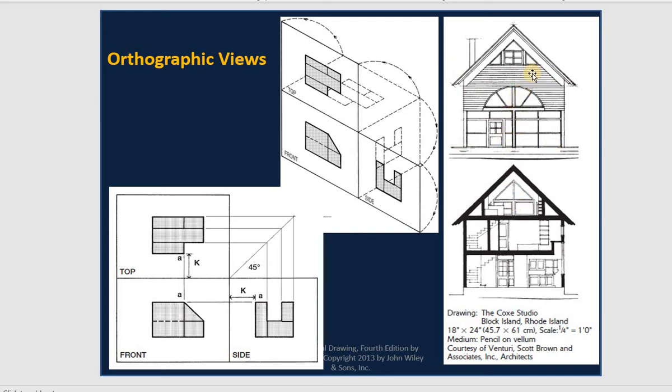For example, you see this one, elevation. Why? Because you see the height of the house. You see the height of the door. You see the height of the frame. You see the height of the top one right there. And the chimney, the height of the chimney. So everything where you can see the height of the building, you call that elevation, and it is the front side